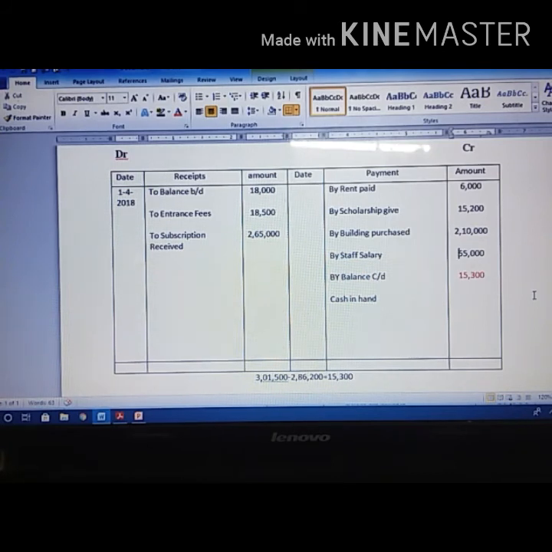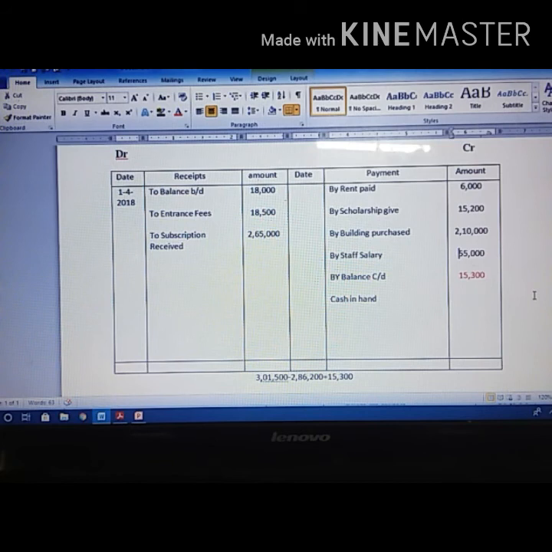So on a double side you have to open your ledger note. The left hand side is debit, the right hand side is credit. On the debit side you must write the date in the date column, receipt in the particulars column, and the amount in the amount column. We usually have two columns, one is the inner column, another one is the amount column, the outer column. If you have any adjustment you have to use the inner column. If you don't have any adjustment, then you directly use the outer column.